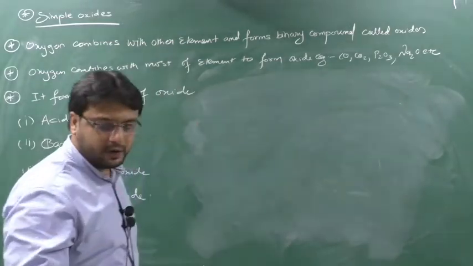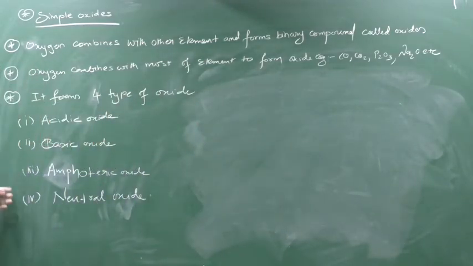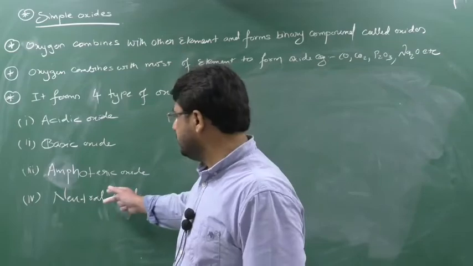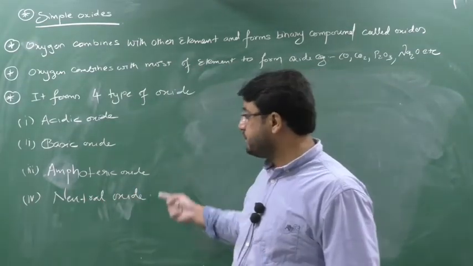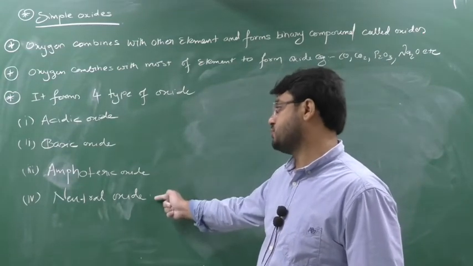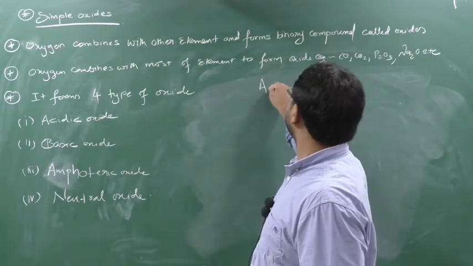Next is very important, and these two oxides you should remember. You can easily generate examples of acidic oxides, because you know non-metallic oxides are acidic in nature. So CO2, SO2, SO3, P2O5, yes or no? Basic oxides are metallic oxides, yes or no? So Na2O, Li2O, ZnO, CuO, MgO. But for these two oxides you should remember the examples, and I will give you a shortcut to remember them. In most exams, especially competition exams, examples are asked from these two portions. Clear? So write down next: amphoteric oxide.